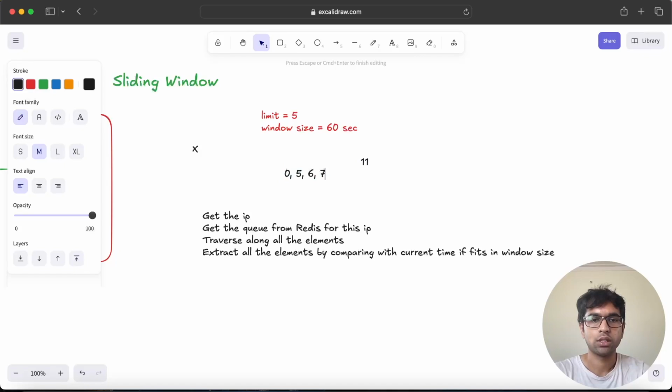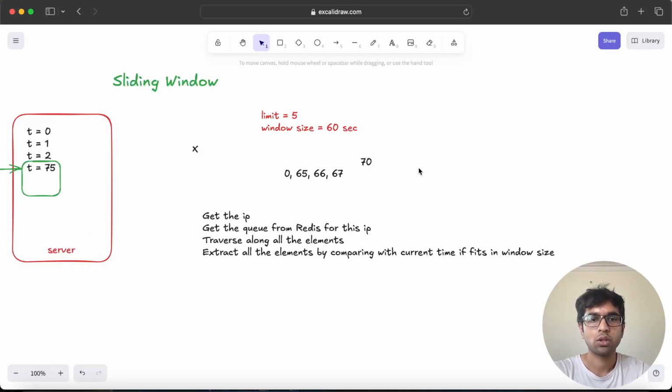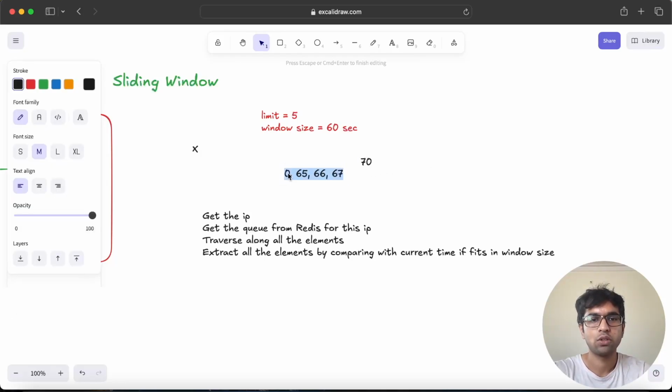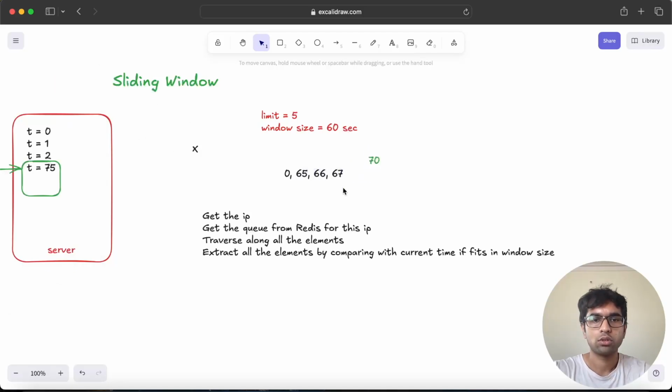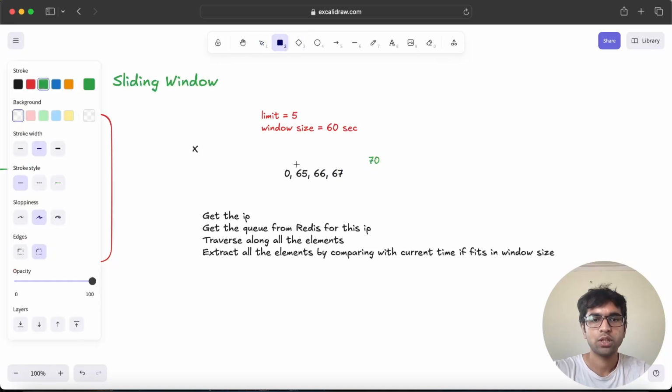Okay, so let's do one thing. Let's have this as 65, then 66, then 67, and this is 70. So what should be done here is this 0 is of an old window, right? The window should start from 65, 66, 67. All of this should be in the window, and 70, which is coming up, should also be taken up in the window itself. Okay. So this is the window that should be